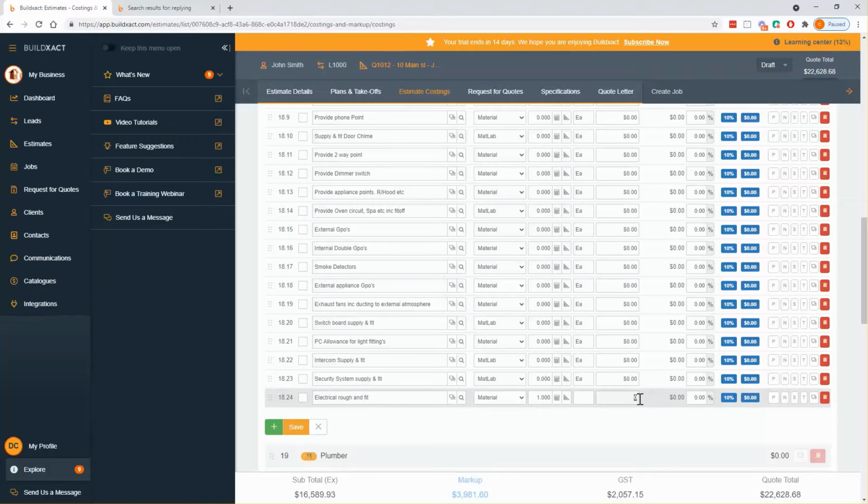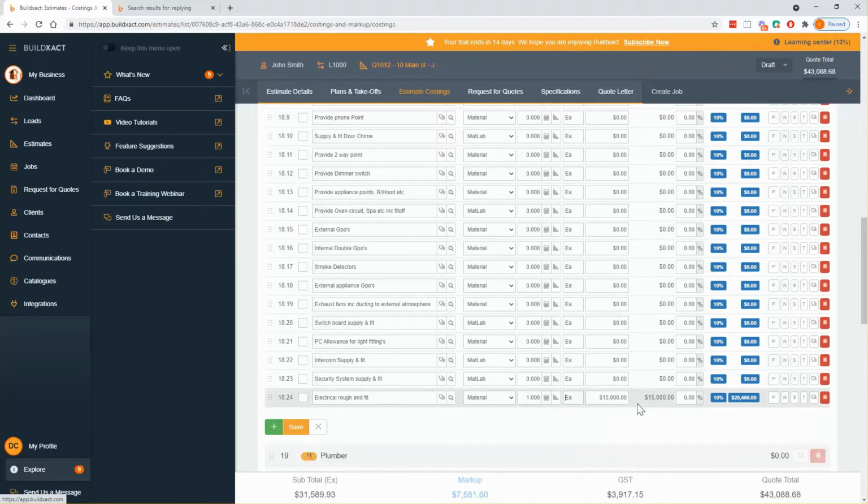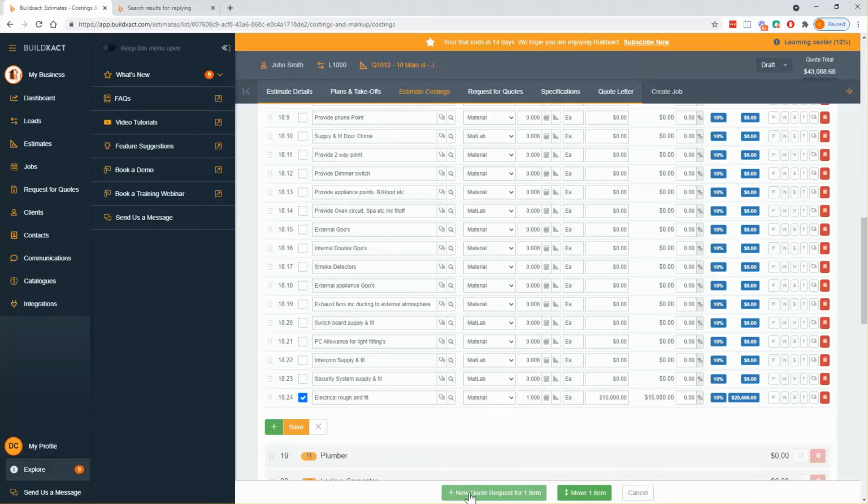Also, if you want to take a kind of a guesstimate at it, just as a placeholder, it's no problem. No one sees it except for you. So all that's going to do is keep a bit of a placeholder in your estimate until the prices come back and get selected. When you do pick a winner, it'll override your guesstimate anyway. But let's go click this one, new quote request,